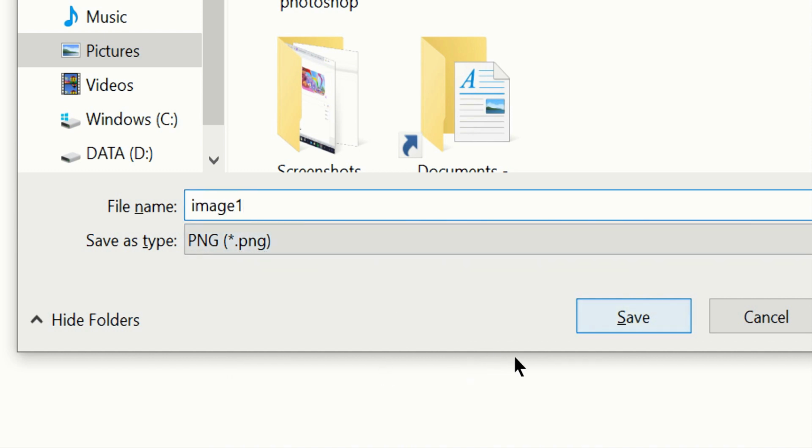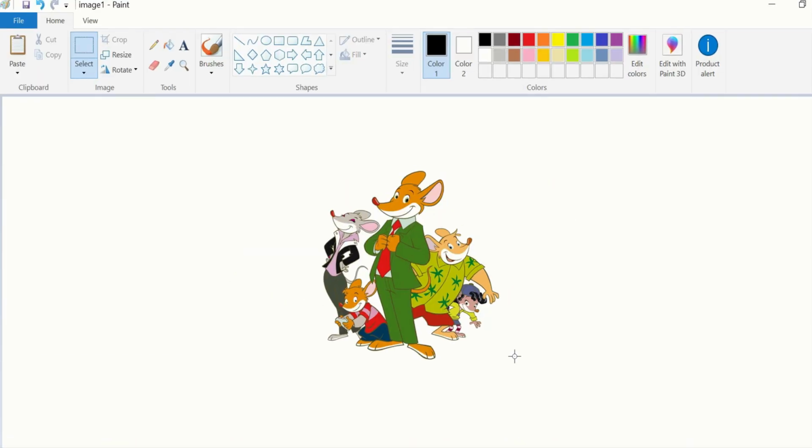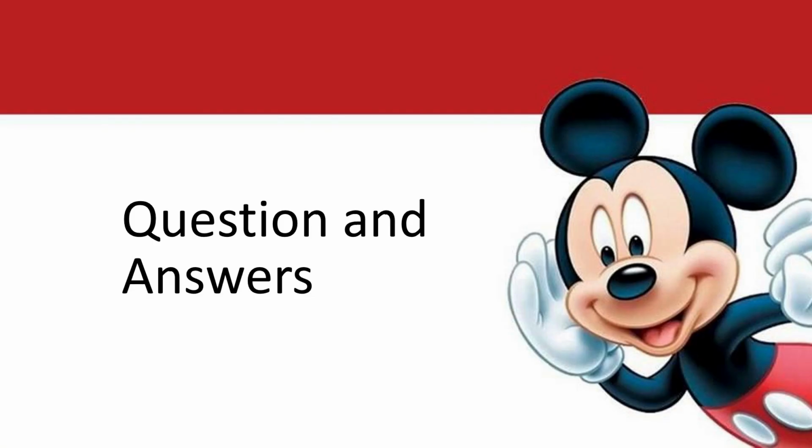Click Save. That file will be saved with the PNG extension, and by default PNG is the file format of a Paint file.